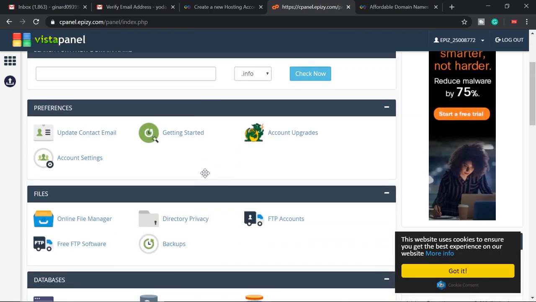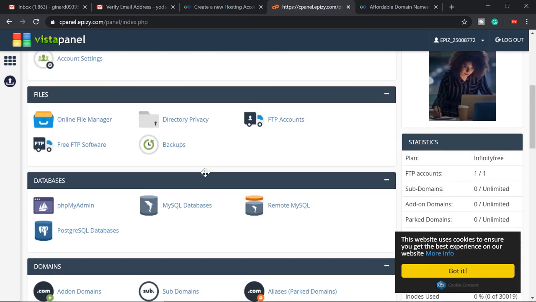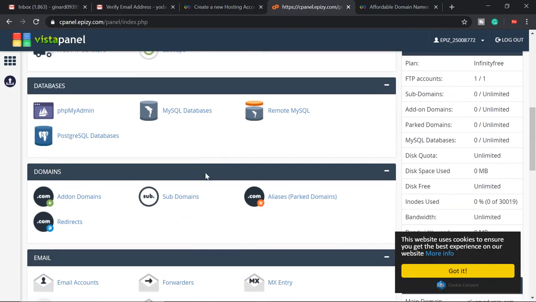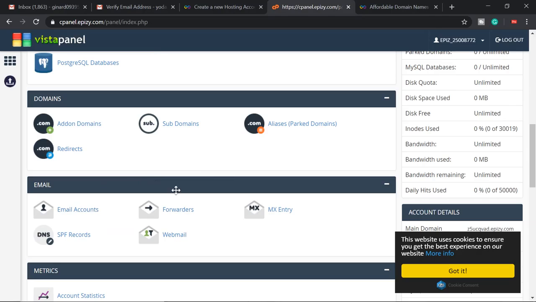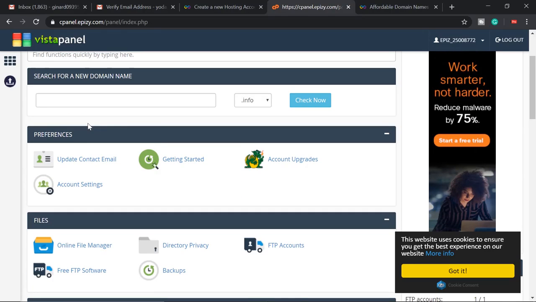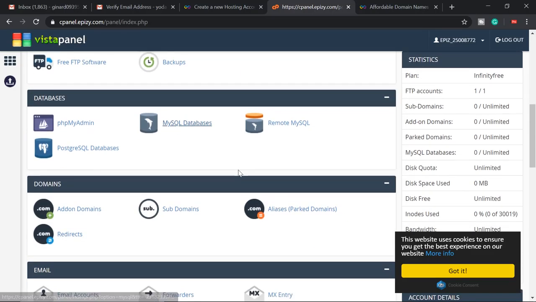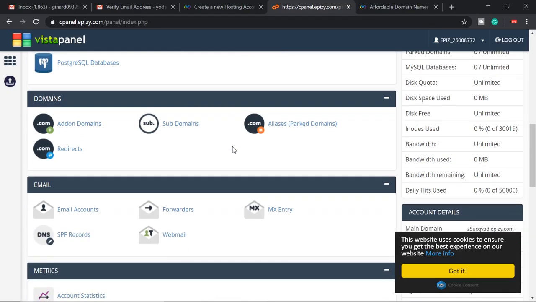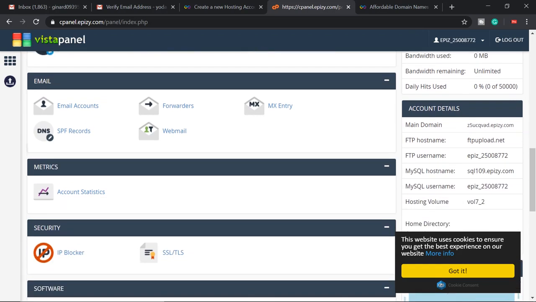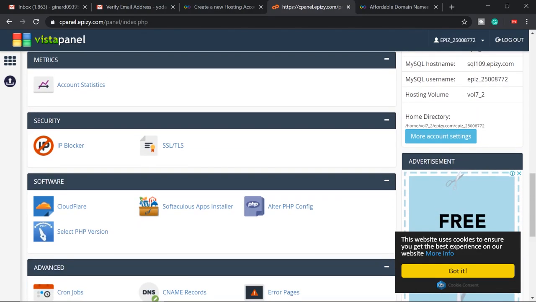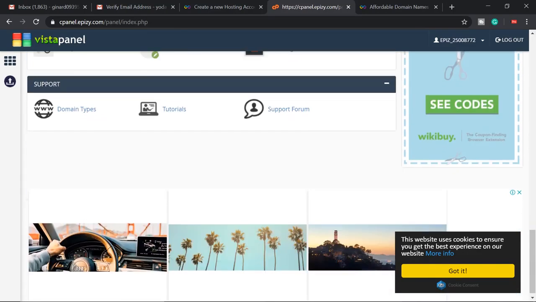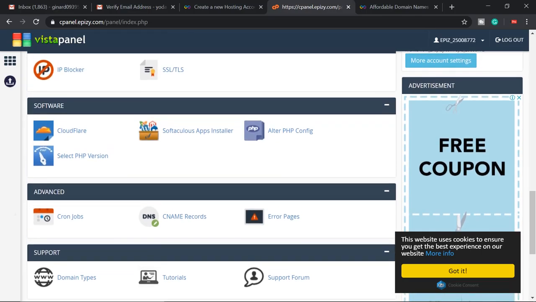So this looks like what these professionals are using when they're creating websites. You will have a panel like this, and it will be a very good tool for students, beginners. You can practice because this is free. You can play around with this one. You can create multiple accounts if you want to. You can configure these things if you want to. Our main goal here is to go for